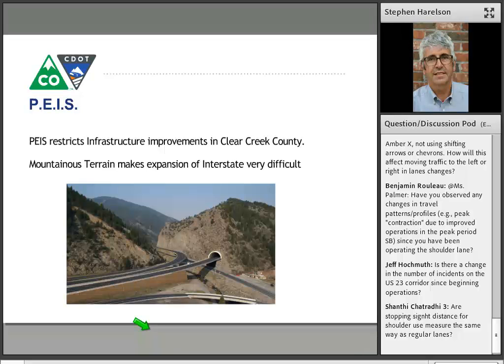We are working on an EIS. We don't have funding for it. This project is a $500 million project, but you can see in order to get those extra lanes in there, we need to do a tunnel rather than another massive rock cut. So